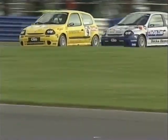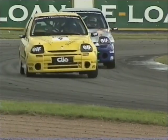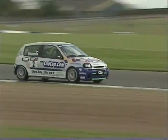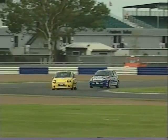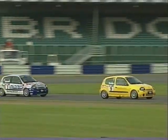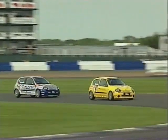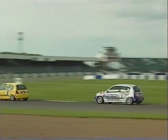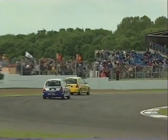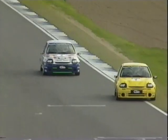Edwards tries to go even tighter, but there's oil on the track there. The concrete dust flies, and no grip on the brakes for Jim Edwards Jr. He's got to find another strategy yet again. Through the left-hander at Brooklands, now the double apex right-hander at Luffield. Balance the car on the power, 3rd gear. Feeding the power in, trying not to let the car run too wide on the exit, and using every inch